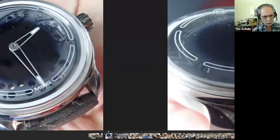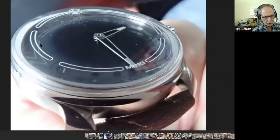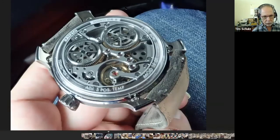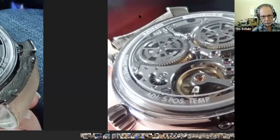And so this has actually got an interesting dial. It's a sapphire dial with a graduated fade on it. And this is superluminova printed on the inside of the crystal of this large high domed crystal. And this is a skeletonized movement in it, which is a standard Schwartz Entian twin barrel movement, but nicely finished. And I think this was about a